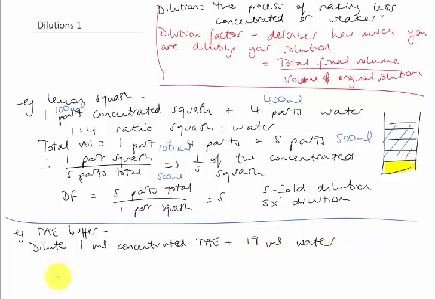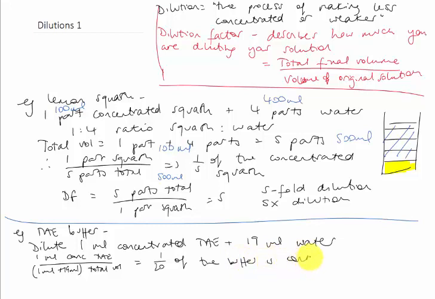So that means that for every 1 mil of concentrated TAE, we've got 1 mil plus 19 mils total volume. Because remember, our concentrate here has to be counted in the total volume, so that's 1 out of 20. So 1/20th of the buffer